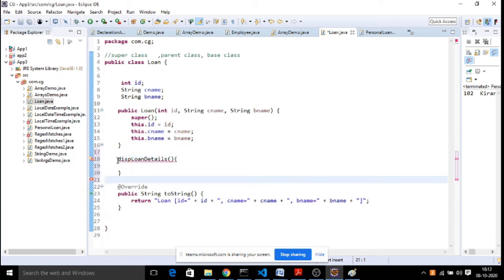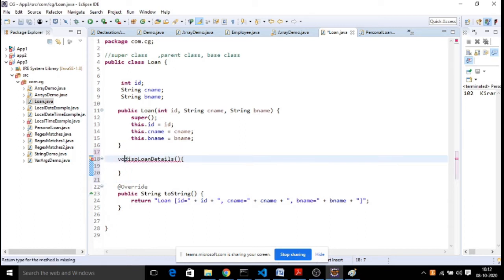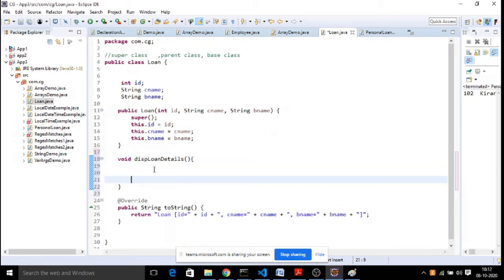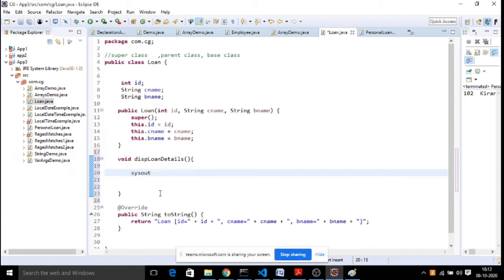just I am going to write a function here. Okay, void disp loan details. In this disp loan details, you know the function, right? Always a function is written with a block of statements, and a function can have an argument and you can have some statements within a function to perform a business logic. Now in disp loan details, we wanted to print our loan customer name and the bank name.